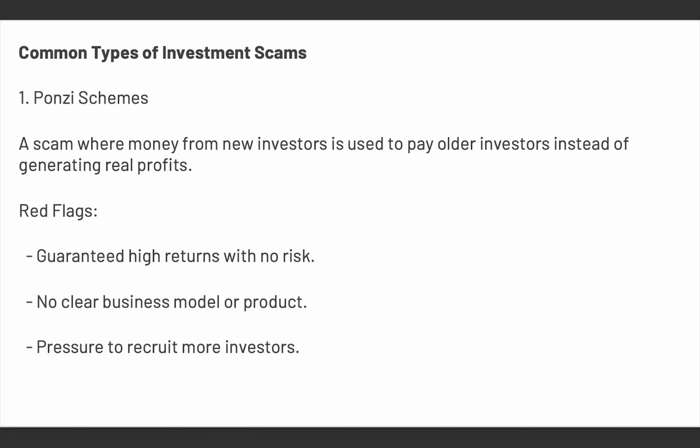Now, the first common type of investment scam will be Ponzi schemes. So a Ponzi scheme is a scam where money from new investors is used to pay older investors instead of generating real profit. So for this kind of investment, what they do is they'll say, oh, come and invest on our platform, we will give you 100% in a month. And when you invest your money, they'll tell you for you to make more money, you have to refer people. Now, when they tell you to refer people, you yourself, you go and refer people because you want to make more money. And then the money they get from the new people who are investing, they use it to pay you. And that is how they continue that cycle where they use new investors' money to pay old investors. So I hope you see that it is a scam. It is not a real investment.